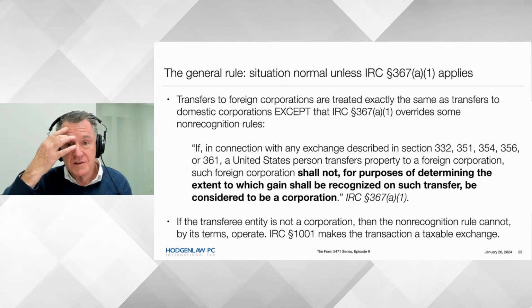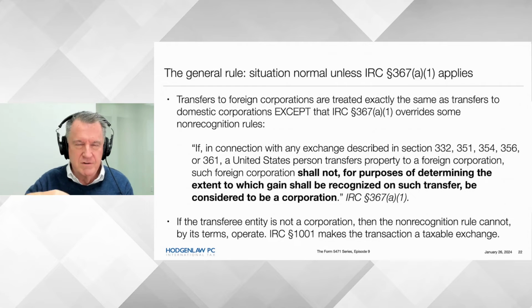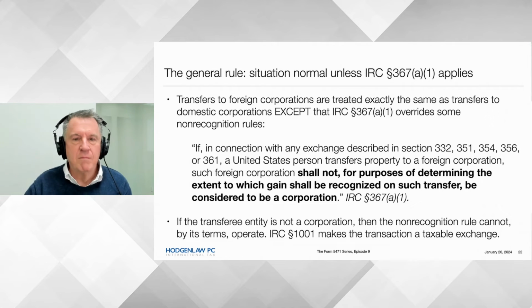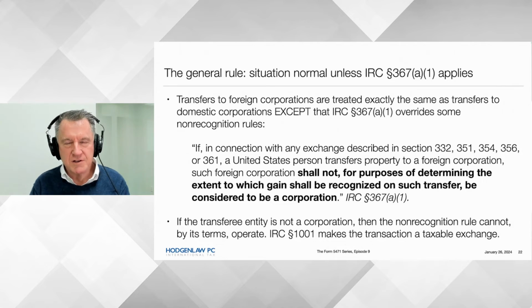So think about it as Section 351. I'm setting up a CFC. I'm going to be the sole shareholder. I'm going to put some appreciated asset into it. I'm going to rely on Section 351 to make this a non-recognition transfer from me, the US person, to the CFC. Well, if you look at Section 351, it talks about a transfer from someone, US, anybody, any kind of taxpayer, to a corporation. Well, if it's not to a corporation, then it's to what? I mean, it doesn't apply to transfers to a disregarded entity, doesn't apply to transfers to a partnership, doesn't apply to transfers to a trust.